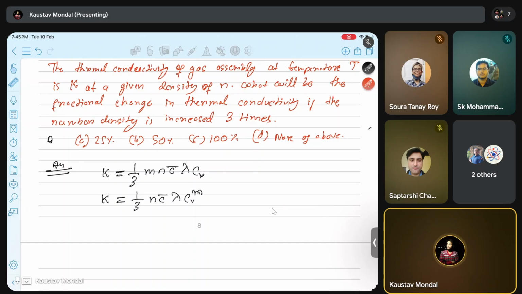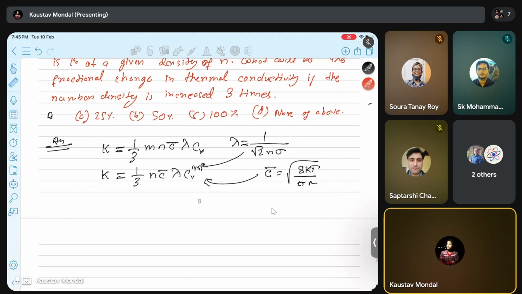Now from here, if you substitute lambda equal to 1 by root 2 n sigma here, and c bar as root under 8 kBT by pi m here, then you will be getting